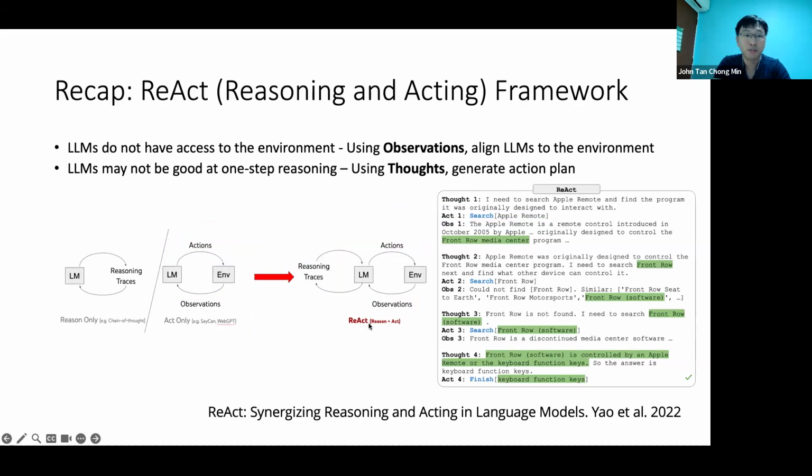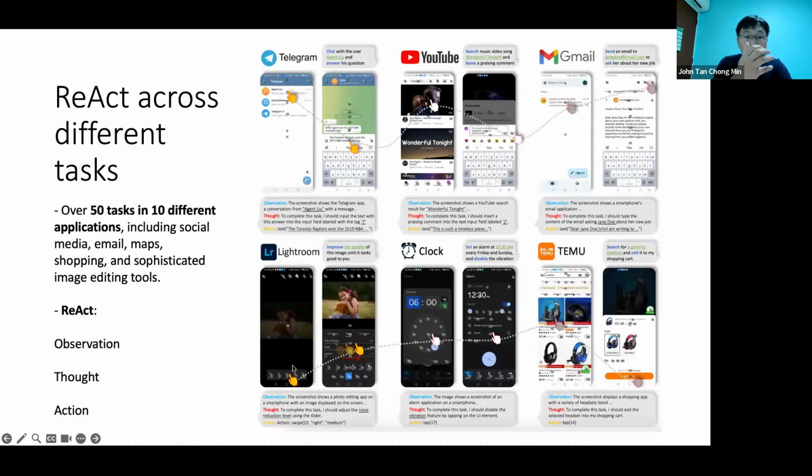How do we do this for images? That's the question, right? Because this we can do for text. How can we do this for images? So you can apply the React framework in the input phase from the environment. Because you see over here, the observation is typically a text. But how do we make this observation cater for images as well? And the answer is you can feed in an image. When you feed in an image as image tokens, GPT-4V can use this to reason over text and image tokens to get observation,